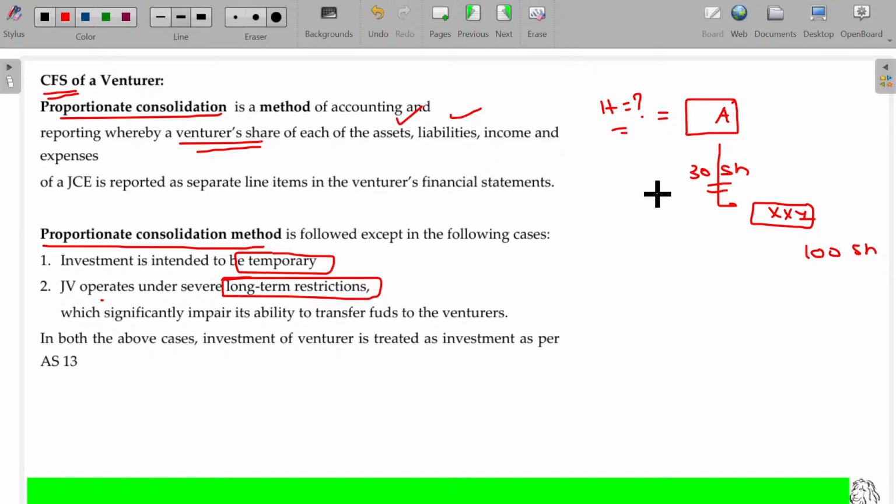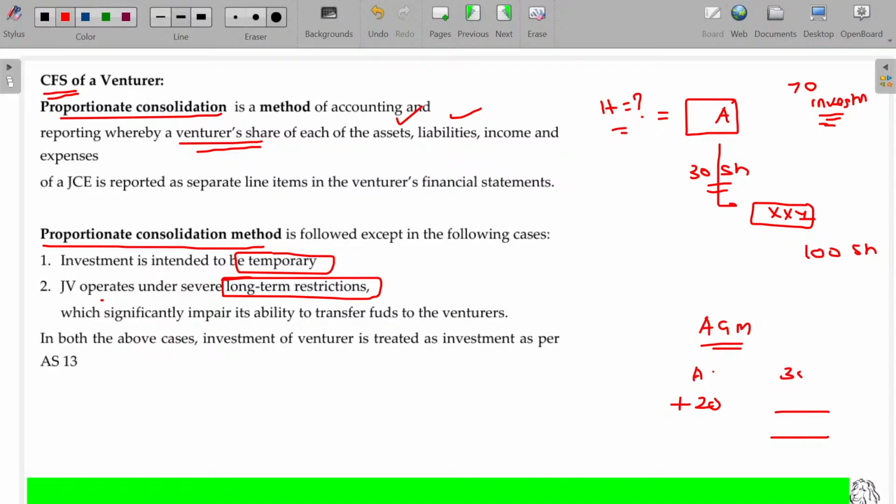As per AS 21, we say no, sir. But as per Ind accounting standards, check what about the 70 shares. 70 shares held by 70 investors, and each and every investor is residing in different locations. When they organize an AGM, annual general meeting, A will be present, and only 20 investors from the rest will be present. Now tell me how many voting rights they have.